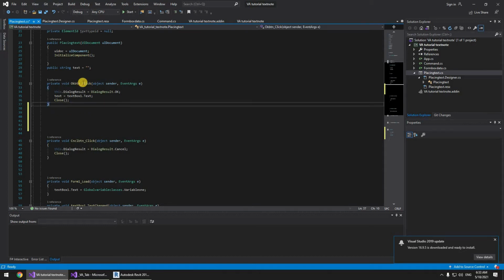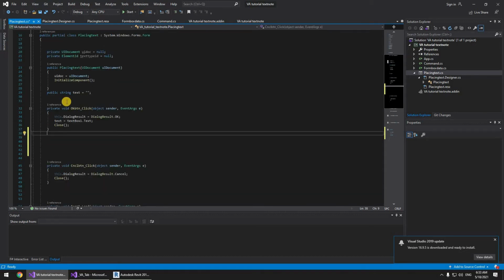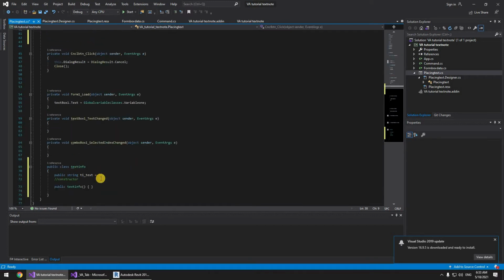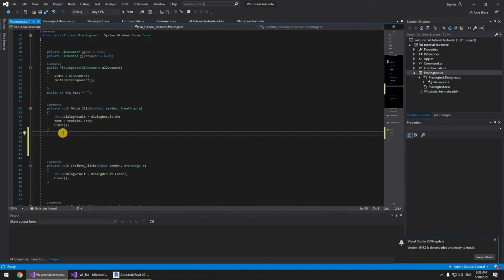we then go up where we have the OK button. We have created a public string and we set it to nothing, so it's an empty string, and then we gave it the values that the user has typed into the box in the Windows form, or the value that is already stored, and we need to pass this information again to the text info that we have created, so we can use text info to actually place a command in Revit. So to do that,